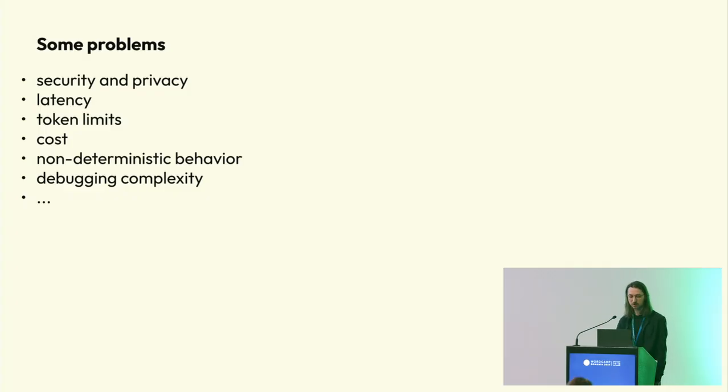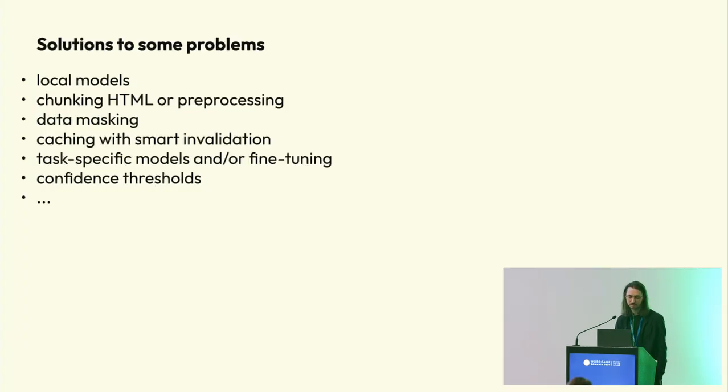And there are some other problems. Token limits, cost, all kinds of things. But these also have solutions. For example, a local model can solve the problem of the privacy because we control the model. It can also help with the latency, especially if we deploy it together with some kind of continuous integration. They are practically at the same server, so the communication is super fast. Or we can use other techniques like data masking, again, to protect sensitive information. We can do some pre-processing before sending any data to some kind of third party.